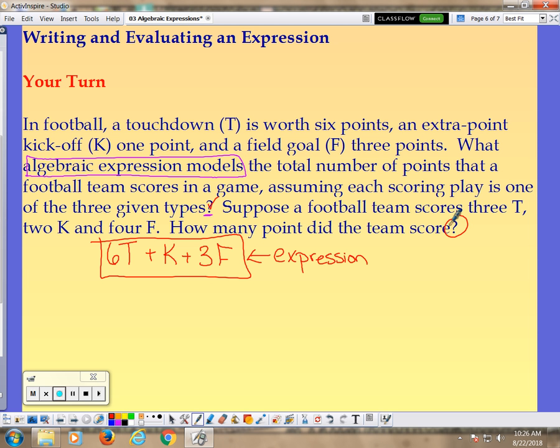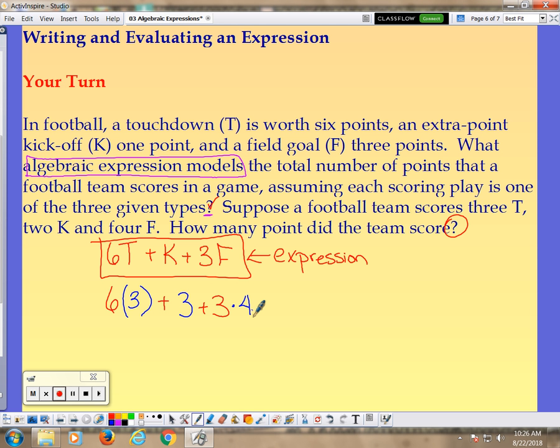So here's another question mark. So I need to answer that. So we are going to plug this in. So I have 6 times, it said 3 touchdowns, plus I have 2 kickoffs, which are 1 point each, so I have 3 of those. And then we are going to have, formula says 3 times how many? We had 4. Notice I used 2 different ways to write multiplication just to demonstrate that we have,